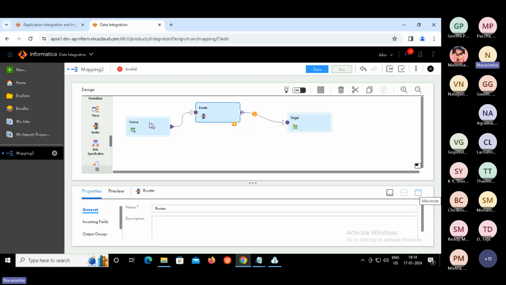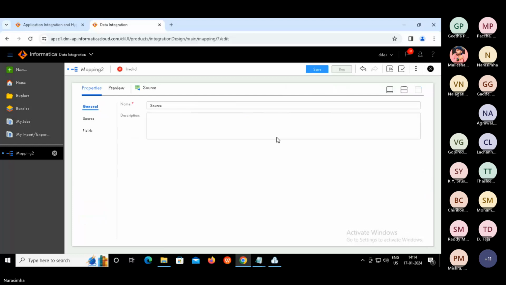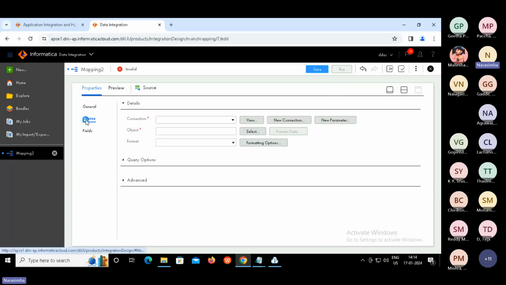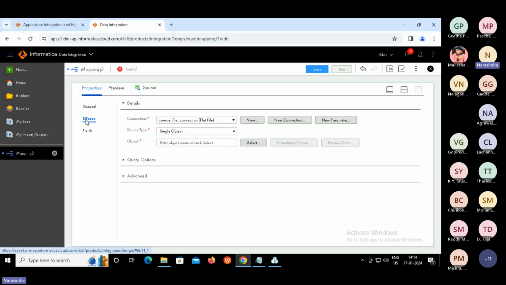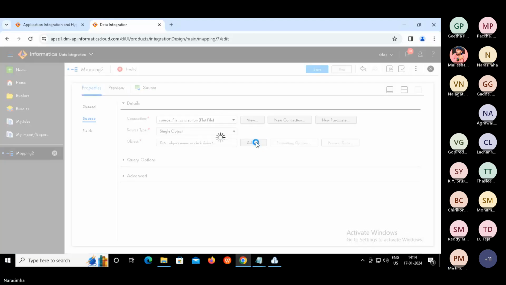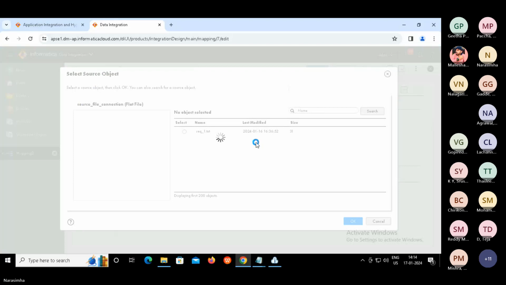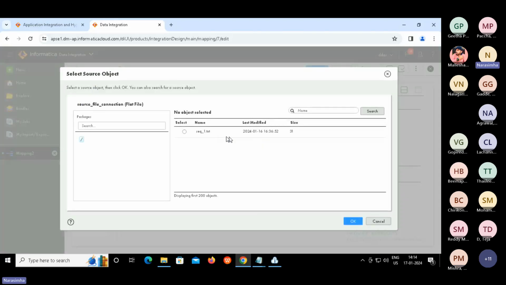Now I think we are configuring source, right? Let's go there. Likewise, ask questions, guys. I request others also to ask questions. Click and select. Here you can see seq1.txt.